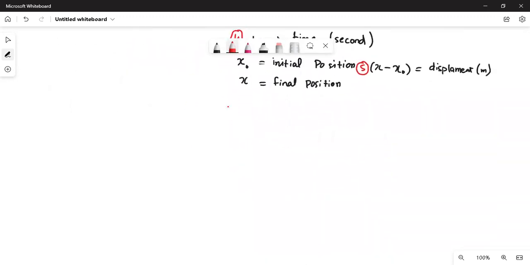So I'll give you one way to use equations of motion to solve a problem. First of all, the first step is to read the problem carefully and make